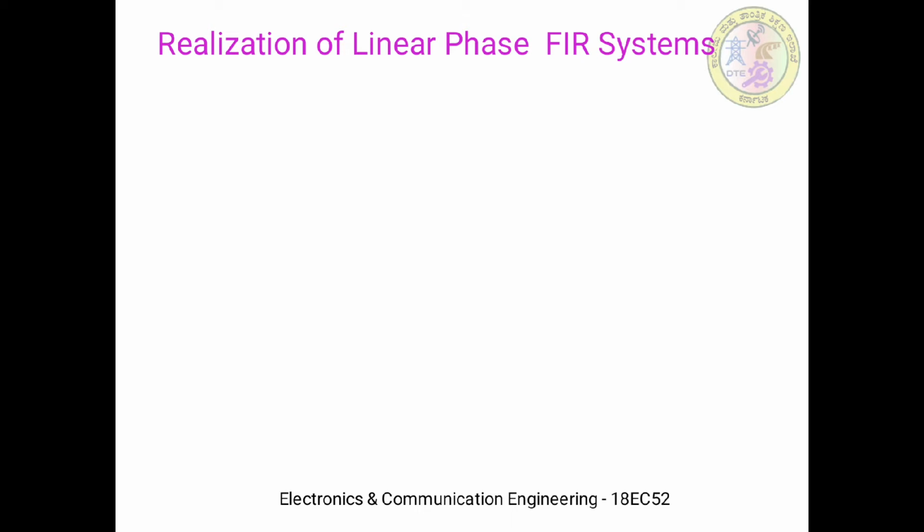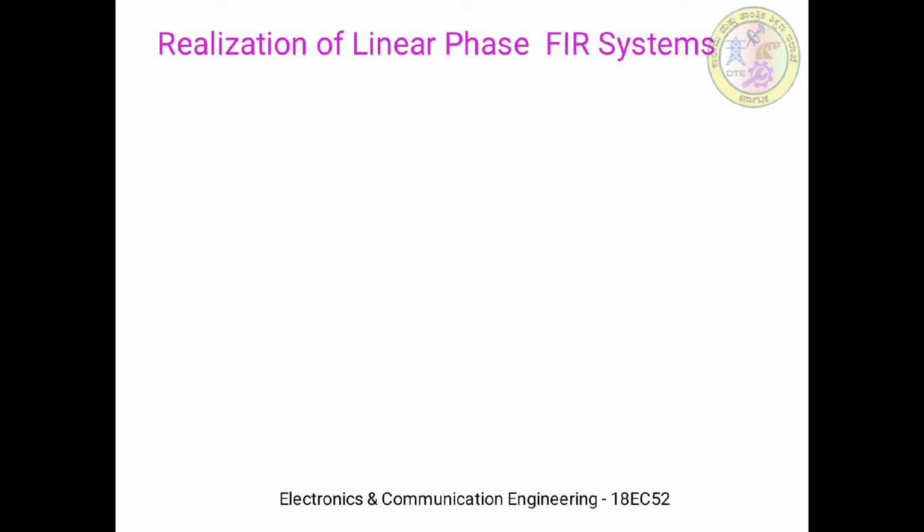Now, what is the advantage of having linear phase? Because of the linear phase, all the frequency components of the input signal are shifted, or delayed in time, by the same constant amount, so that there is no phase distortion due to time delay of frequencies relative to one another. Such a filter is called a linear phase FIR filter.